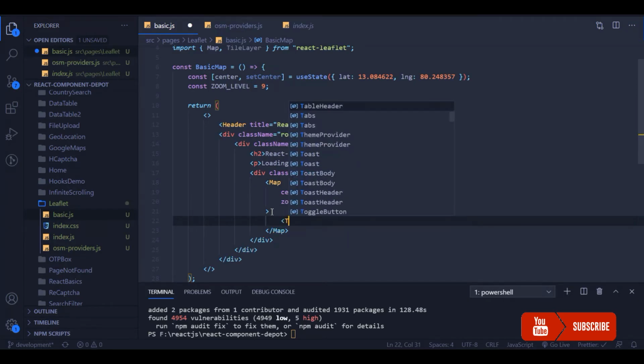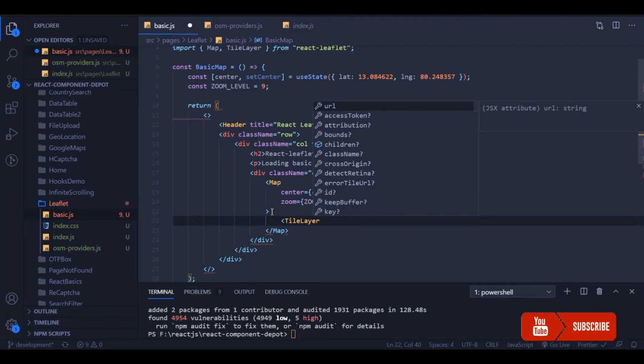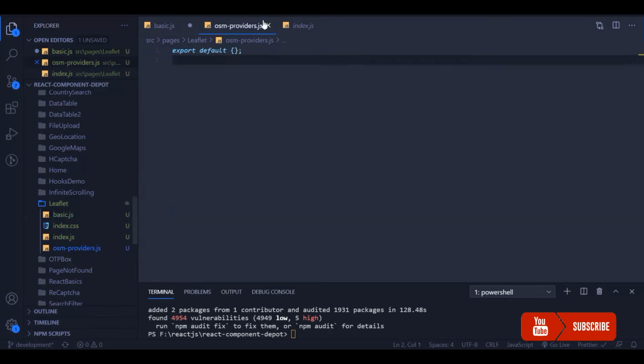Now we need to use the tile layer, and we need to pass the URL for the OpenStreetMap provider, those are the tile providers, and also we can pass the attribution. For this, I'm going to have a separate file to manage my OSM configurations.